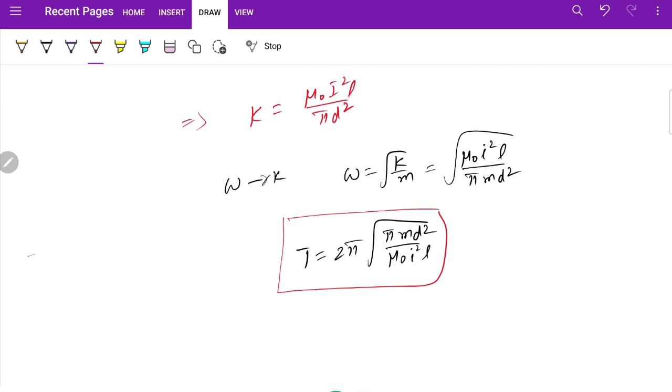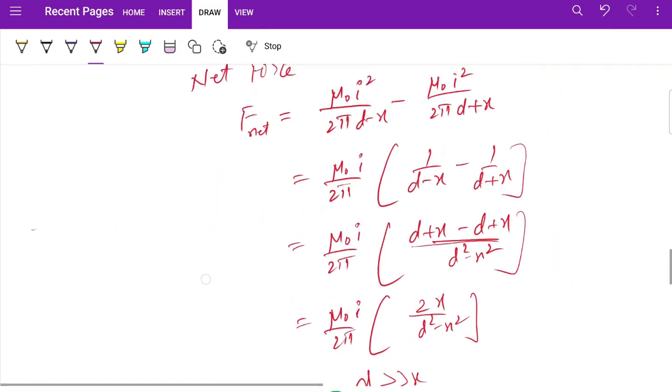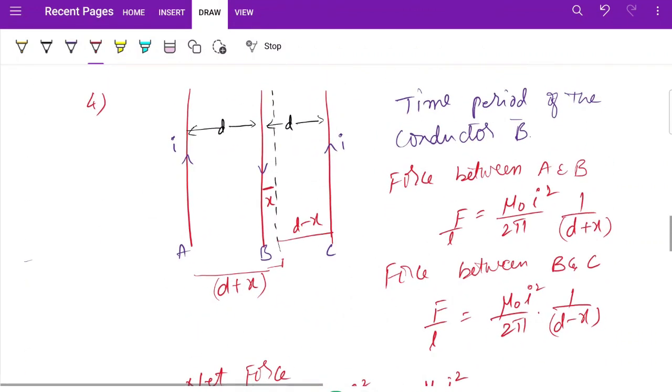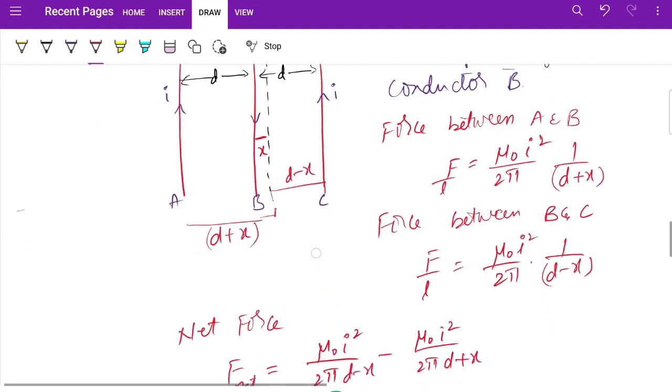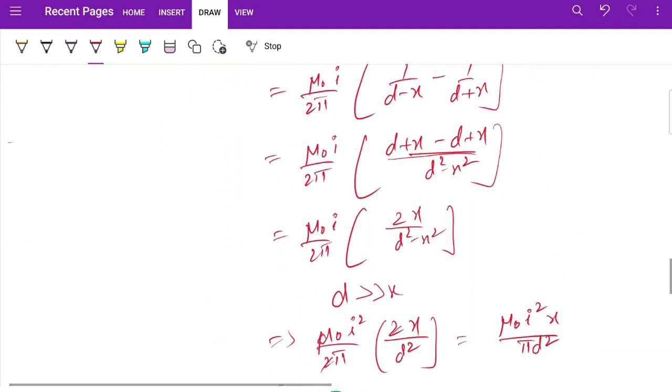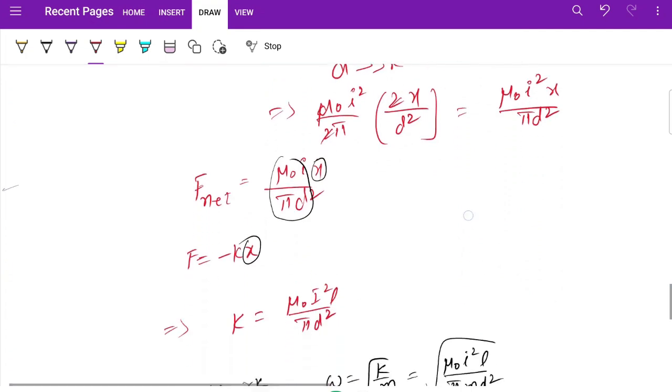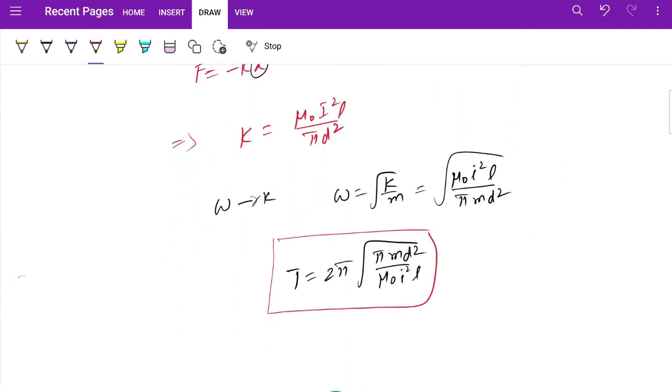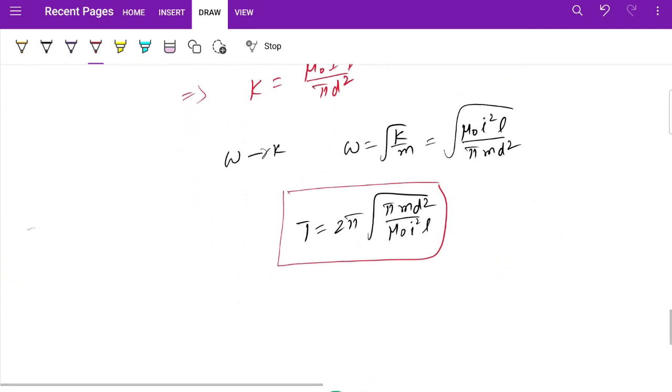Why is it making oscillation? Because the middle wire experiences repulsive forces due to A and C. So it is continuously repelled by both of them. So it will make some oscillation. Because of this, it possesses a frequency and time period. Okay. Now